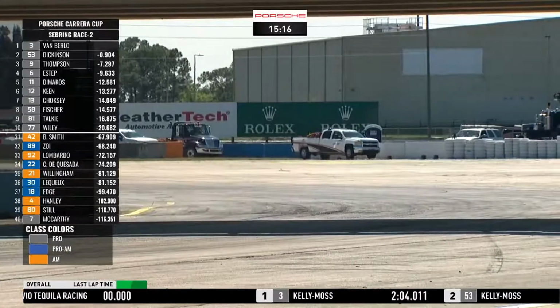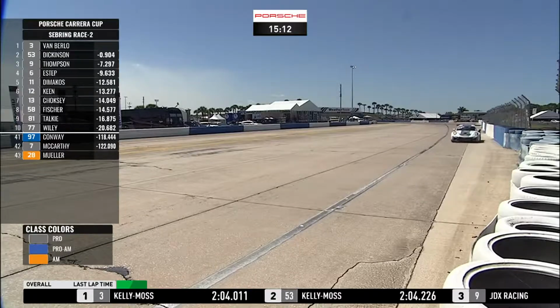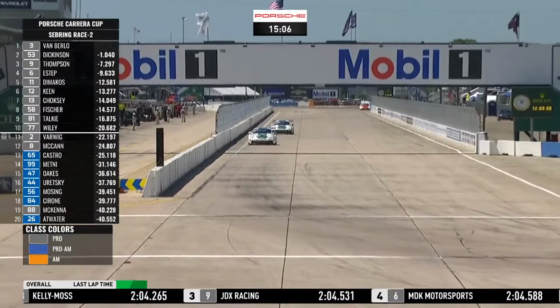I disagree. There's big team orders. Don't take each other out. So yeah, you're right. There's certainly no favouritism between the two, which is the point you were making there. But once again, Kai van Berlo,